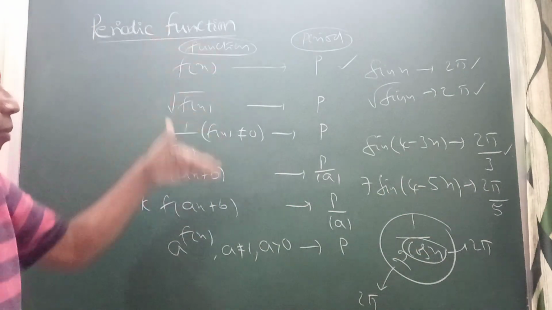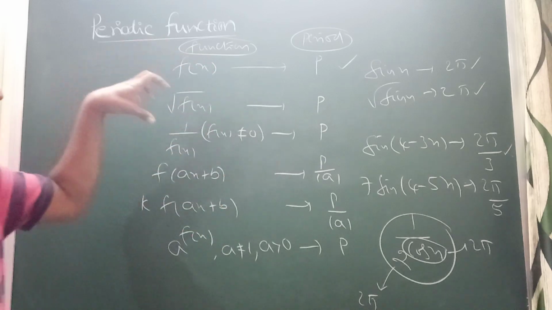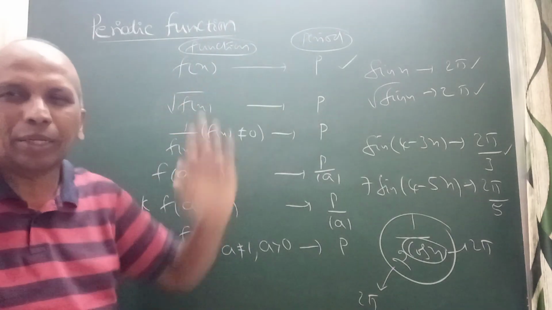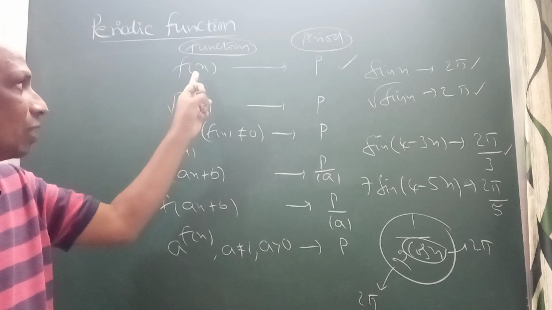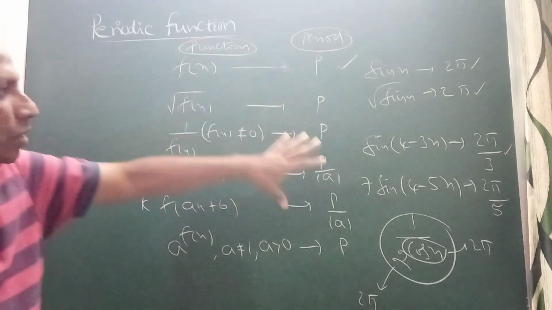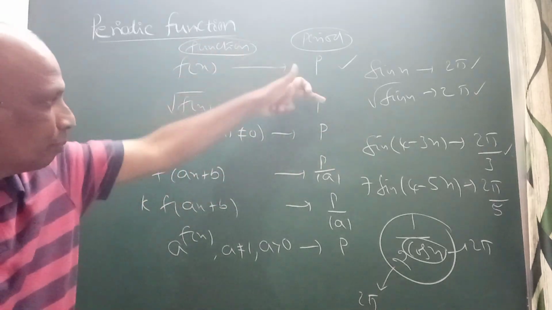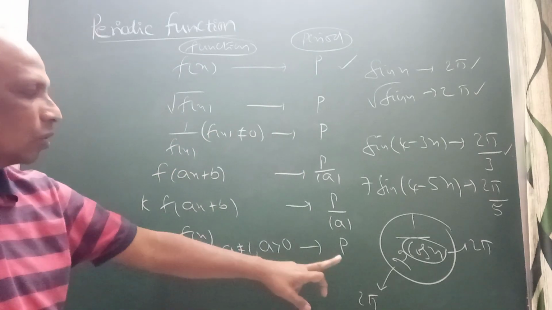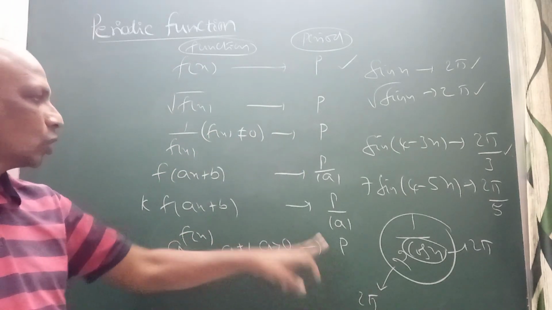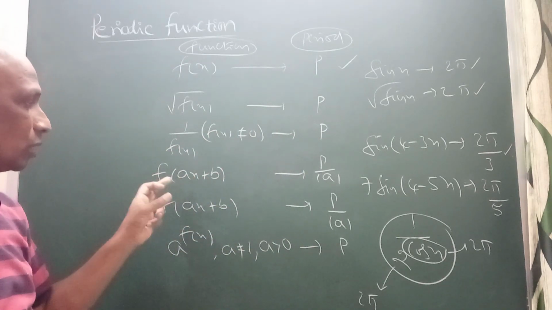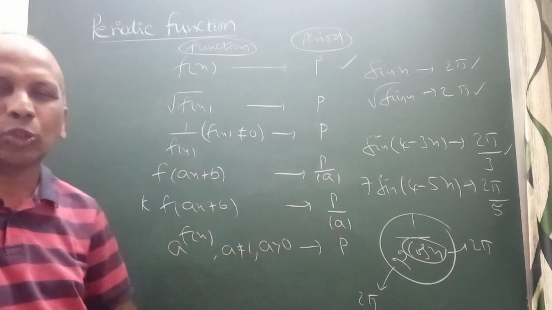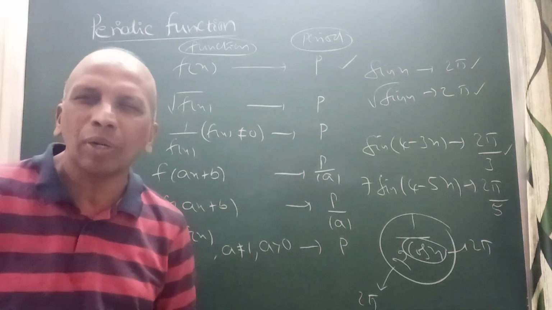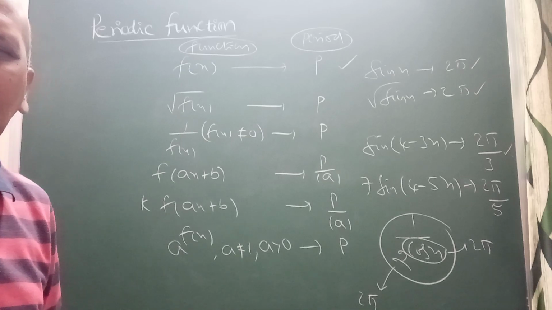So like that you can remember this. This is the important one to remember for function related periods. Here, when f of x has a certain period p, then these are the changes. In this case same period, here also same period, here also the period is same p only. So in these cases you can observe the coefficient of x, mod a, you should write that. This is the important one. Remember.